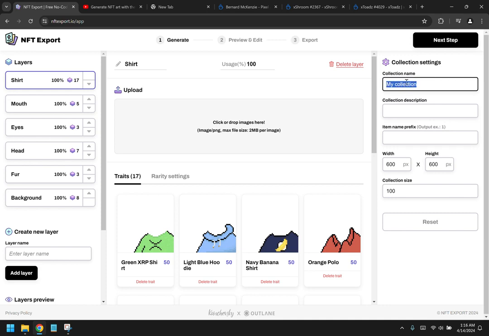Here I'm going to name my collection, and I'm gonna name it Rocket Apes. I'm gonna generate 200 of them. So the collection description is just gonna be 200 Rocket Apes on the XRPL. Okay. The item name prefix is going to be the name that each NFT is going to have. So for this collection, I'm gonna do Rocket Ape,